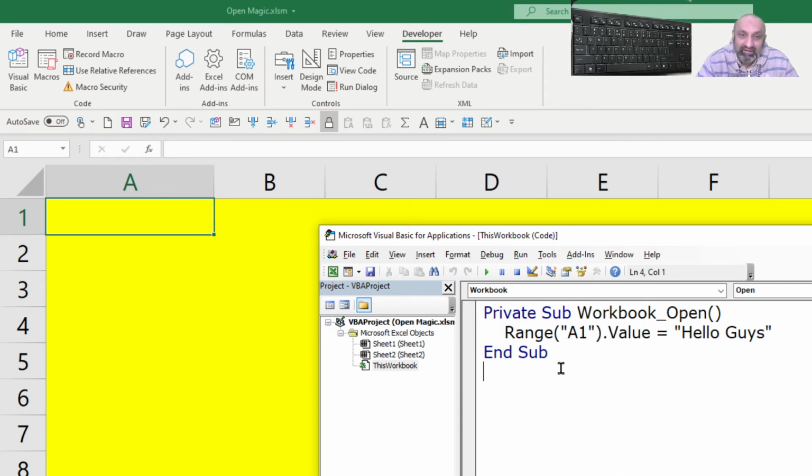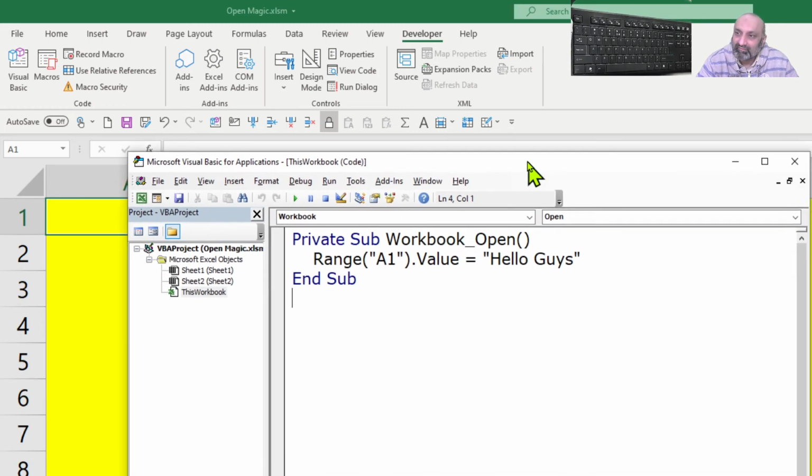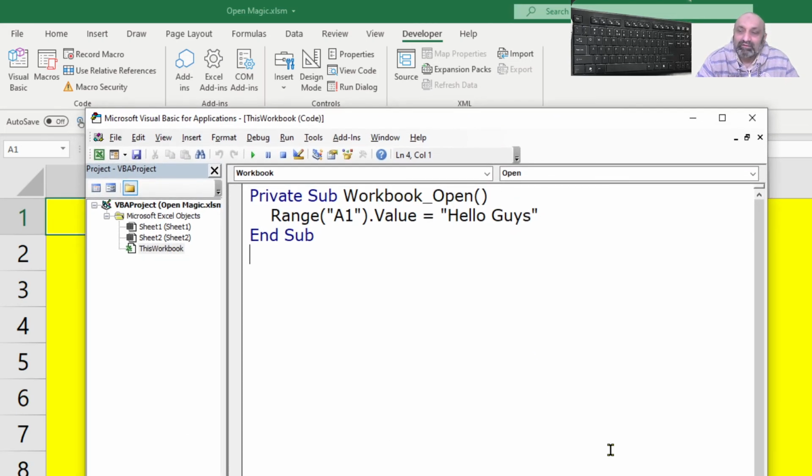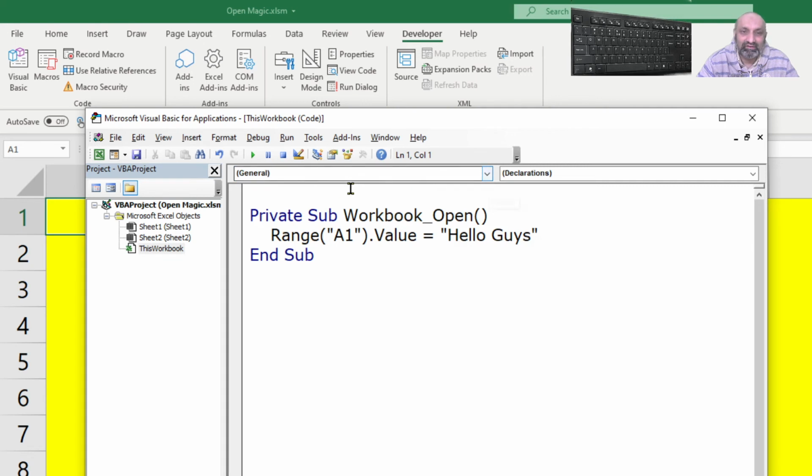But it's very simple. These are the two drop down menus present in VBA which we haven't talked about. When I double click on this workbook, from the left drop down menu I choose Workbook.